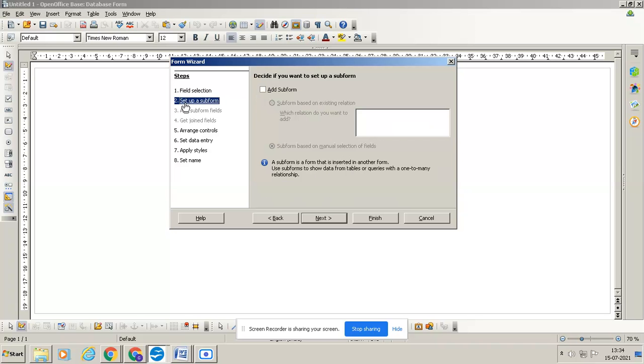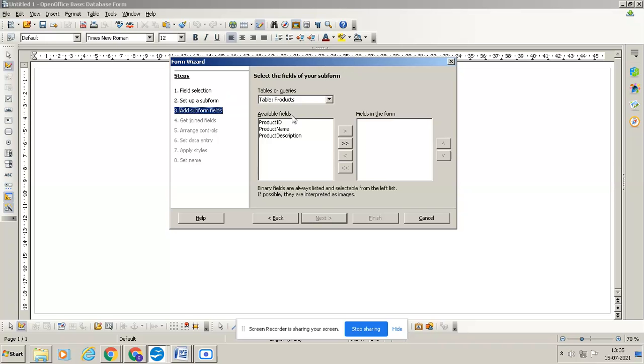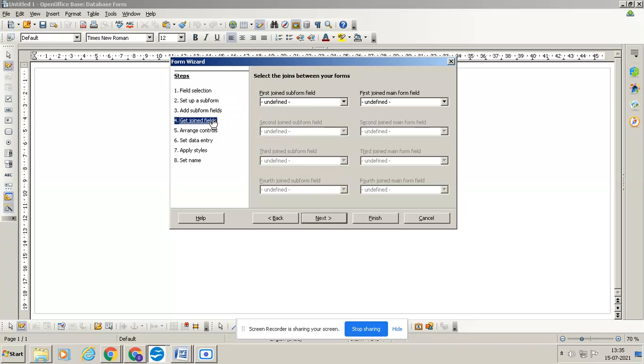Next, it will ask to set up a subform. If you want to add a subform, you can just click on add a subform. If you don't want, just ignore it. So I want to add a subform, so I'll click on add a subform. Click on next. In the subform also, if you want to add fields, you can add them. Only two fields I'll add in the subform. Just click on next.